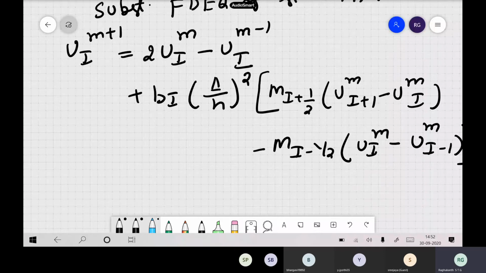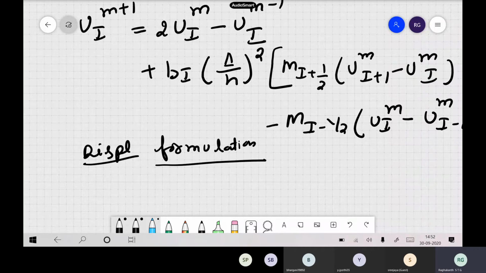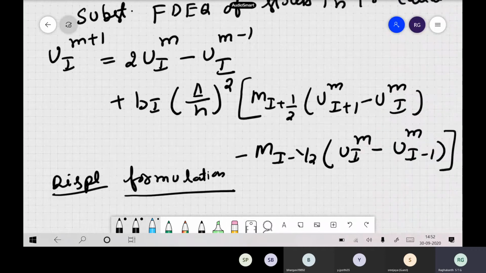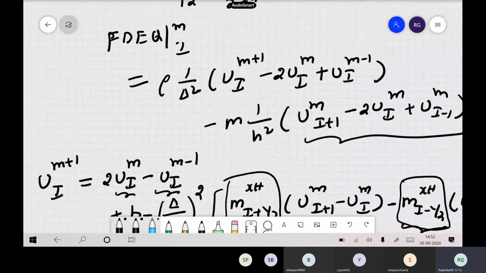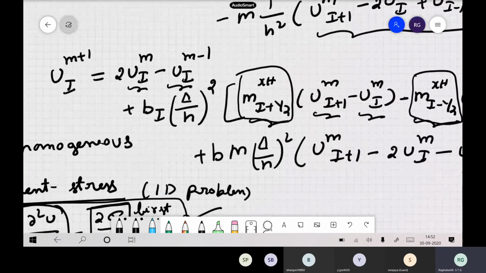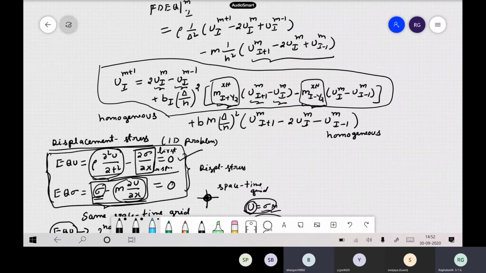Now you can compare this with the pure displacement formulation also. That is the equation which we derived previously. Because both the equations are same, this is our equation. If you compare this equation with the first one, where we wrote this equation, so now if you compare these two, what is that? This is our equation which we have got from this scheme, that is the displacement formulation. Displacement formulation for both of them should be same, because both the equations are same.